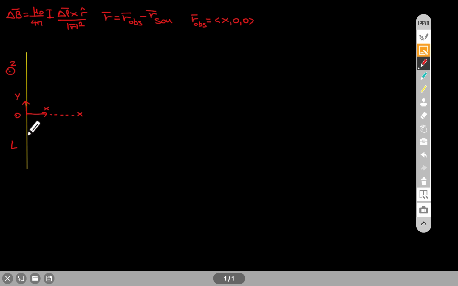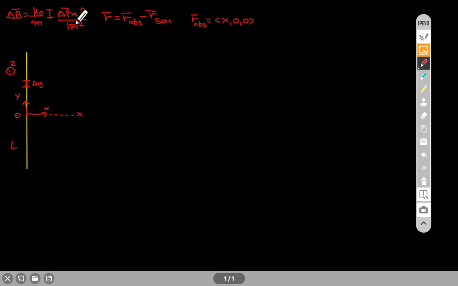So for example, the piece that you choose will have to be an arbitrary piece. So let's say I'm choosing this one. Okay, this is a short piece of wire. It has a length of delta y, and to find the magnetic field that this short piece of wire creates at the observation location, I can use this form of